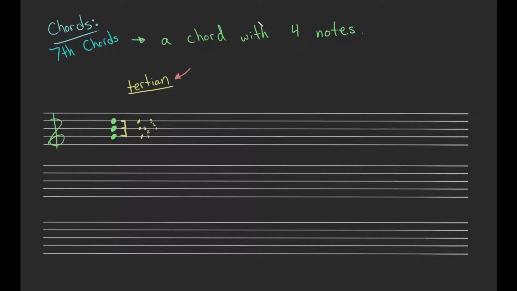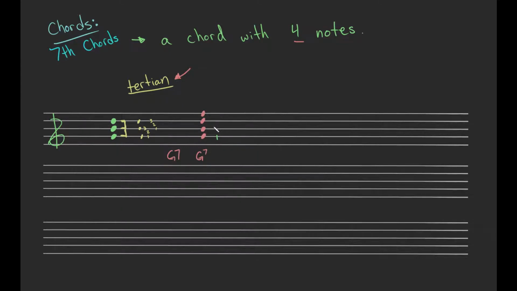Okay, so now what this means is we have 4 notes instead. Again, we're going to stay with the tertian thing of stacking in thirds. So if we do this, we have a G 7th chord, G7. You can actually write it just like this. Now, you might even see it like this with a little 7, so both of these are okay. The reason it's called a 7, even though there are 4 notes, is because we have